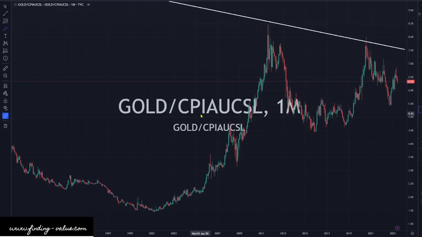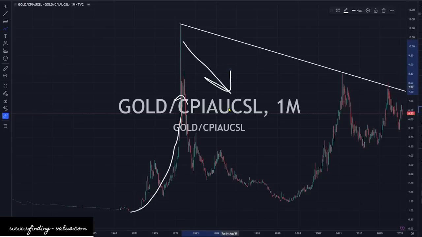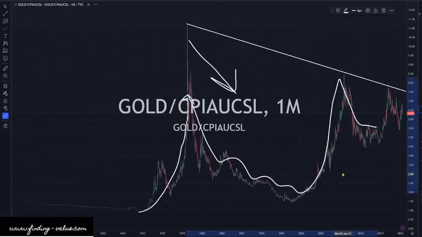Gold versus the consumer price index. So this is basically gold divided by the consumer price index. Massive outperformance here in the 1970s. Huge outperformance. Then we went into a gigantic underperformance where gold consolidated for a very long time. But what we're doing